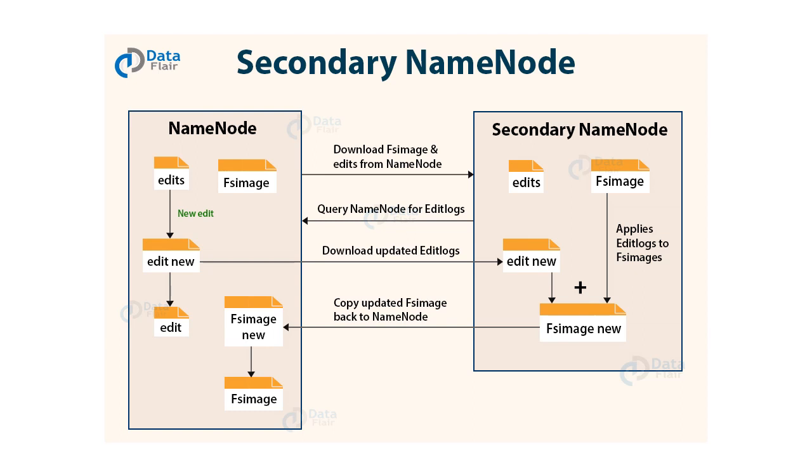In this diagram we have two nodes, first one is the name node and second one is the secondary name node. The secondary name node will request the FS image and edit files from the primary name node. If there are any changes, the edit log files will be updated in the primary name node, and the secondary name node periodically requests the edit log file from the primary name node, and updates the edit log file with the FS image file. It always maintains the new form of the FS image file, and this new FS image file will be updated in the primary name node periodically.